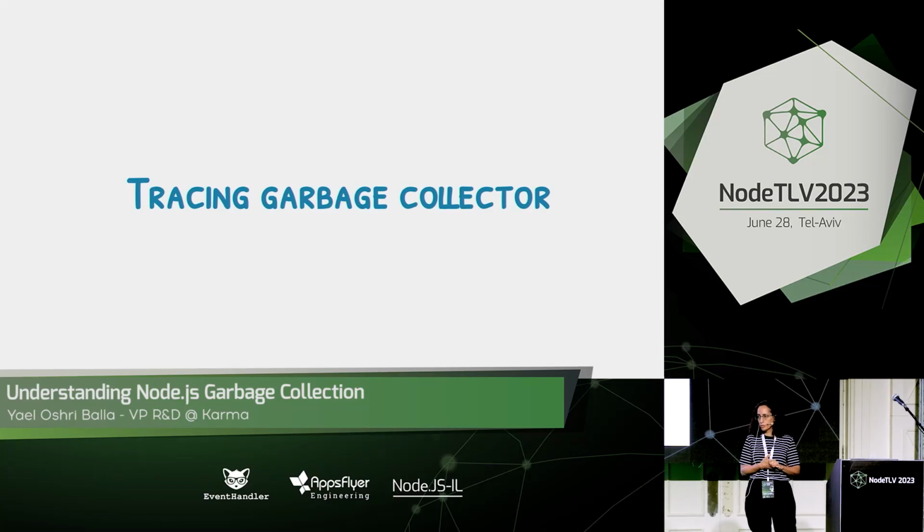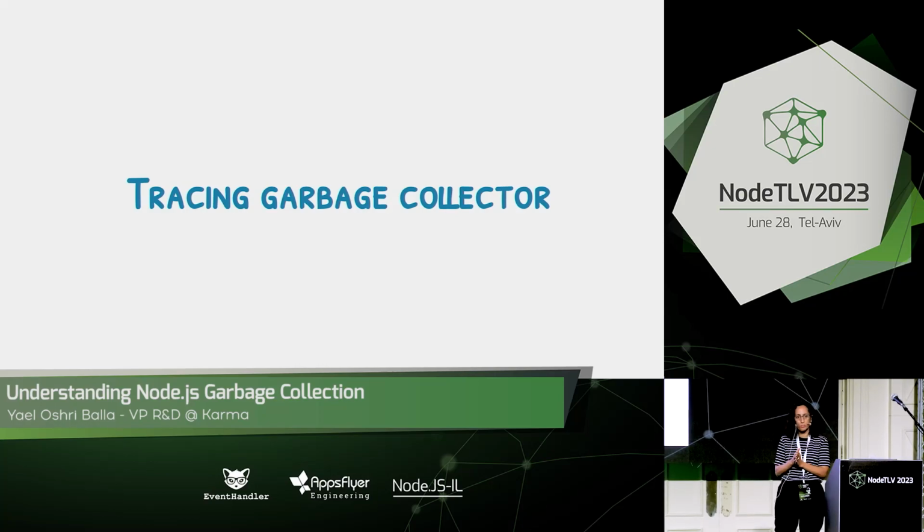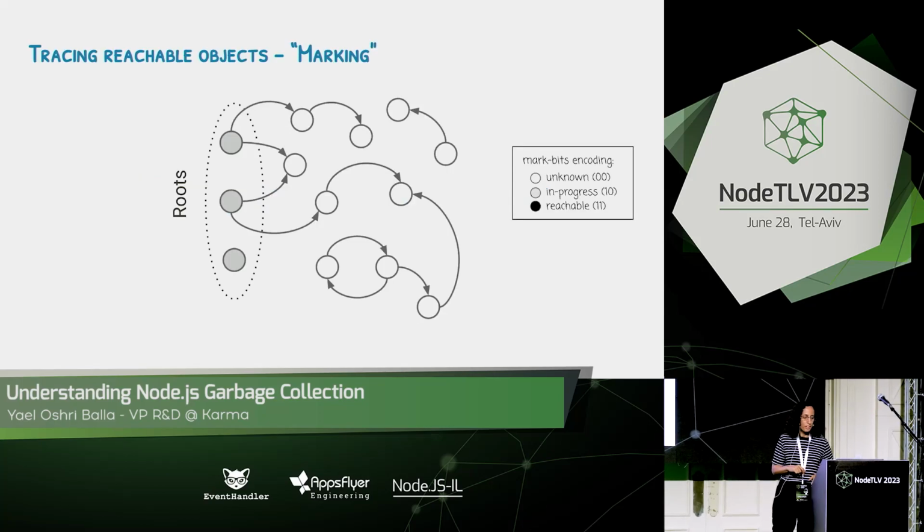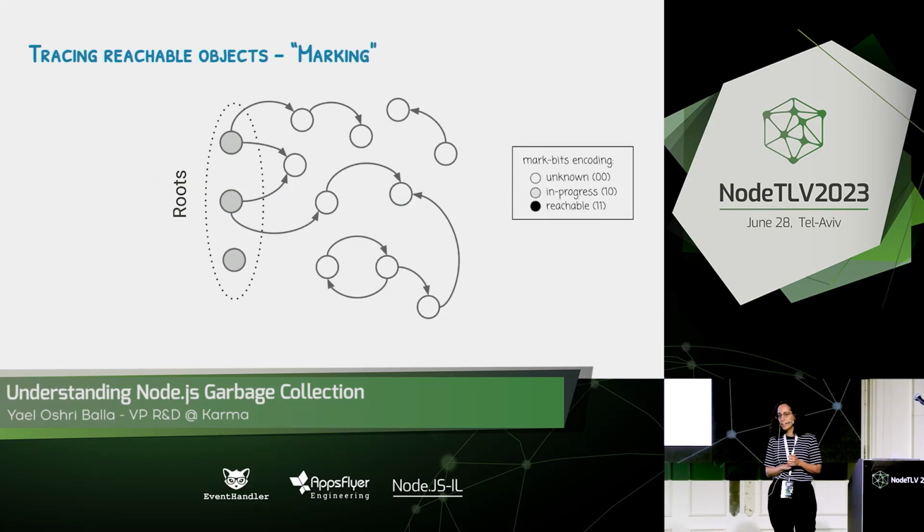Therefore, modern garbage collectors today use something that is called a tracing garbage collector. What is a tracing garbage collector? It means that we search for objects, and if we find them, it means they are in use, and if we don't find them, it means we can throw them away. They are garbage. And how is this done? In V8,